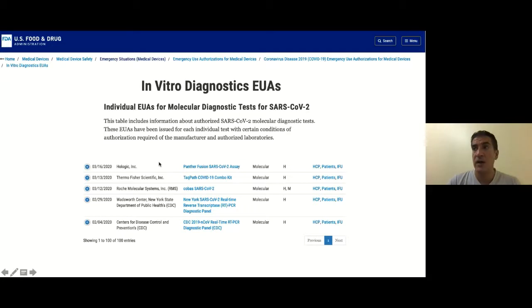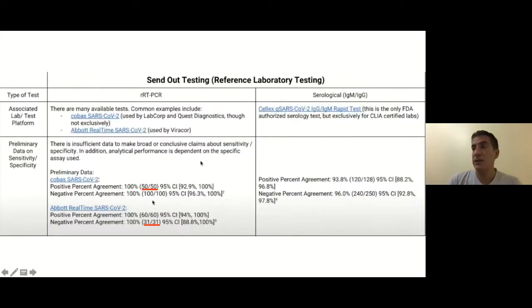Remember, none of them has been approved according to the formal channel of the FDA. All of them have received EUA authorization, that means emergency use authorization. If you are wondering what that means, it means you can submit your test with very minimal data, as small as 30% or 50%, and you get approved. So you have to be careful, and you have to know your kit.